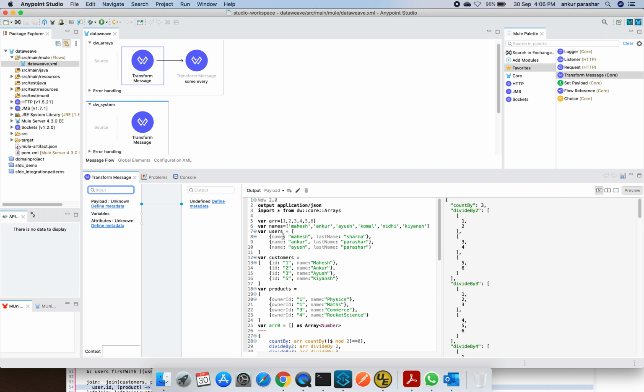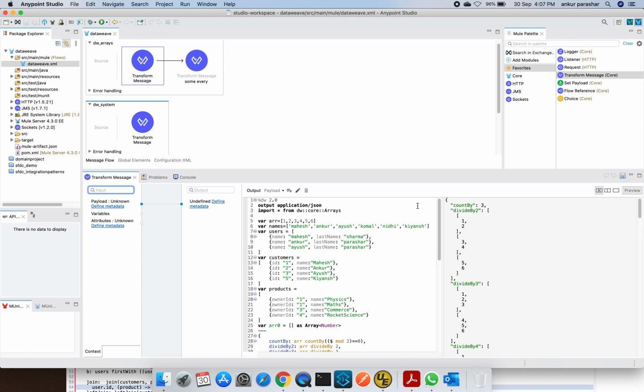Along with that, there is a key-value pair with the name and last name under users, customers having ID and name, and similarly a product with owner ID 1234 and name as different subjects. We will try to correlate different things here and there.